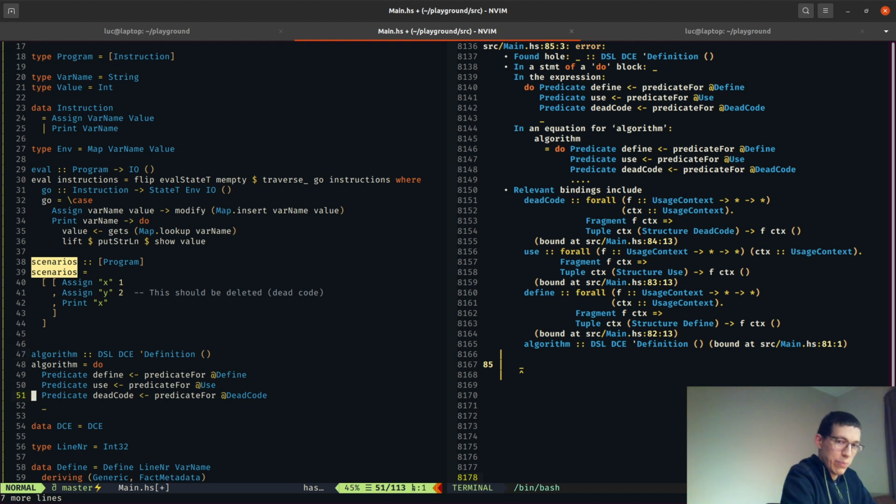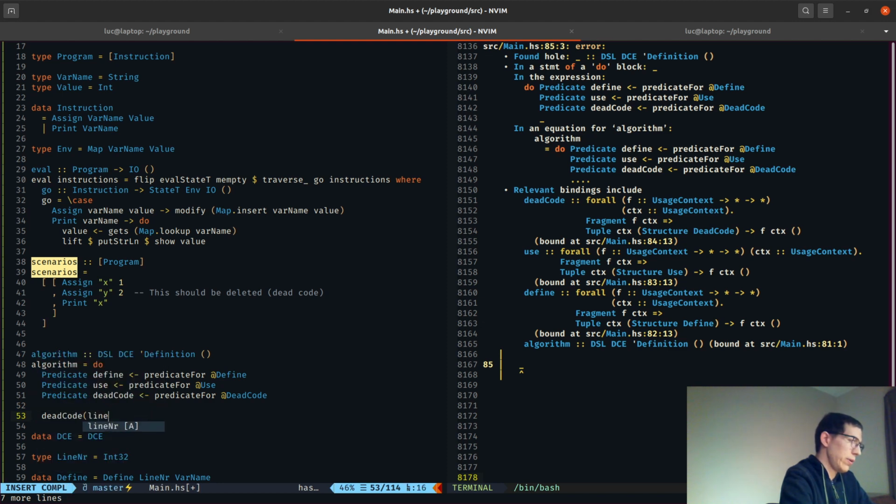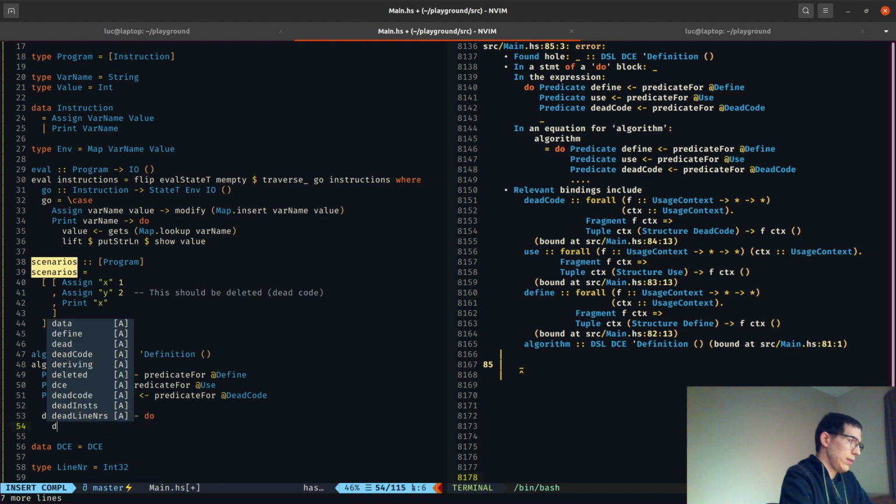I have to admit I'm not used to writing an algorithm like this yet, so let's figure it out together. Basically what I want to say is here it's being used and here it's being defined. But this is only being defined and it's not used, so that's dead code. So let's write that down. So dead code, and it has a line number. So it's dead if we define,